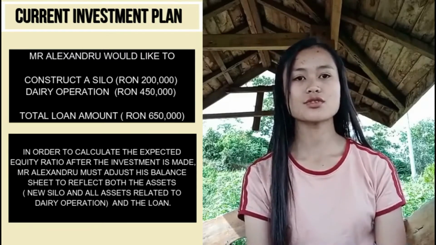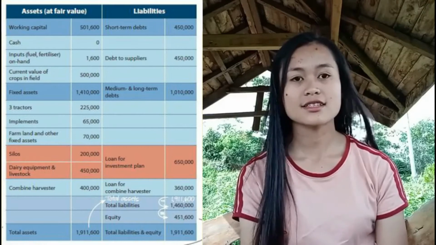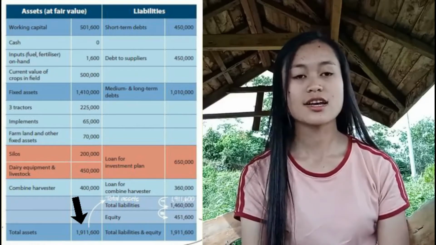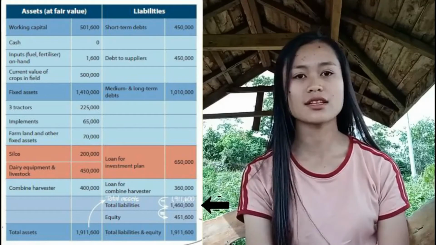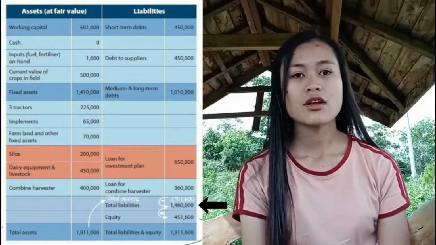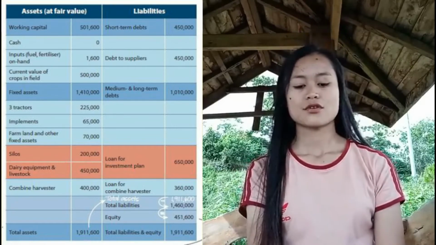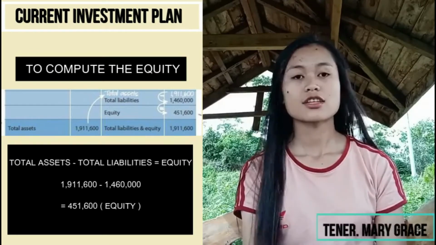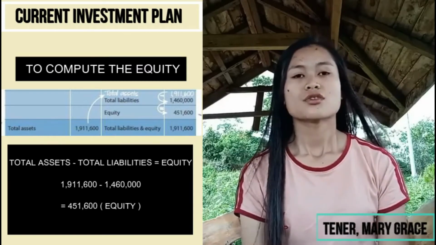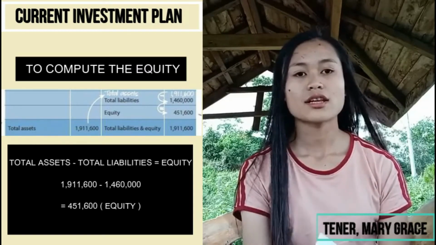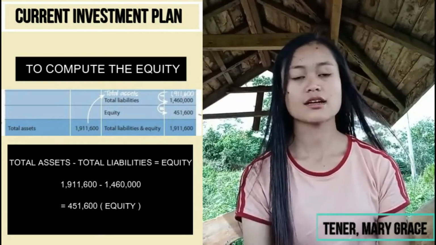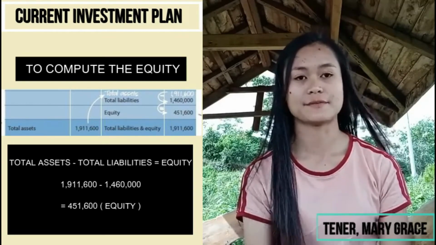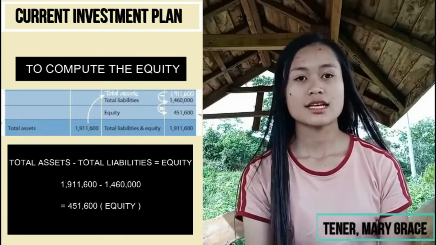So now, the total amount of all the assets of Mr. Alexandro is 1,911,600. And the total liabilities amount is 1,460,000. So, in order to compute the equity, we just subtract the total liabilities from the total assets. So the amount of the total assets is 1,911,600. So we just subtract the total liabilities with the amount of 1,460,000. So now the equity is